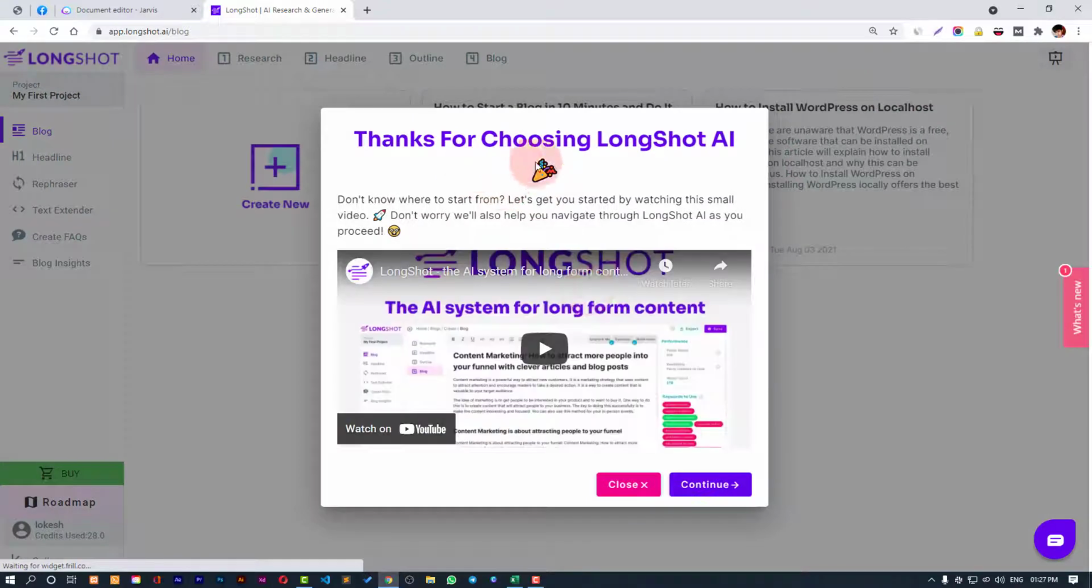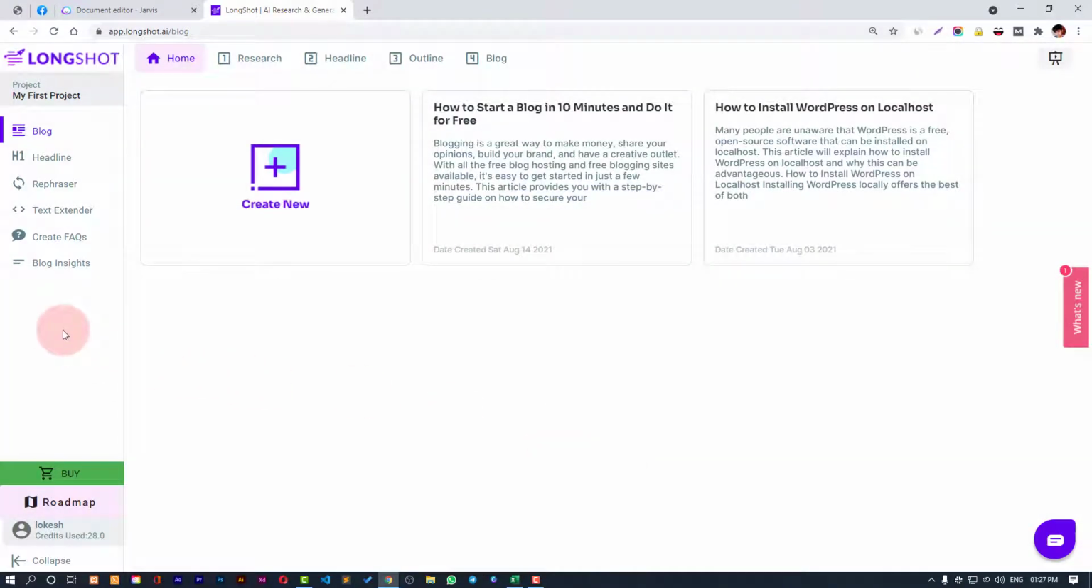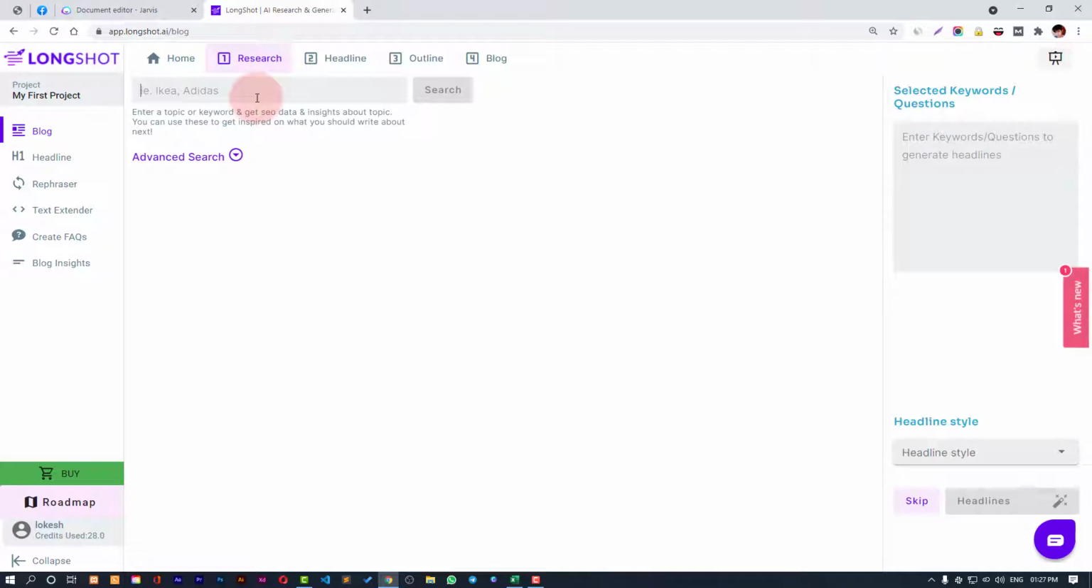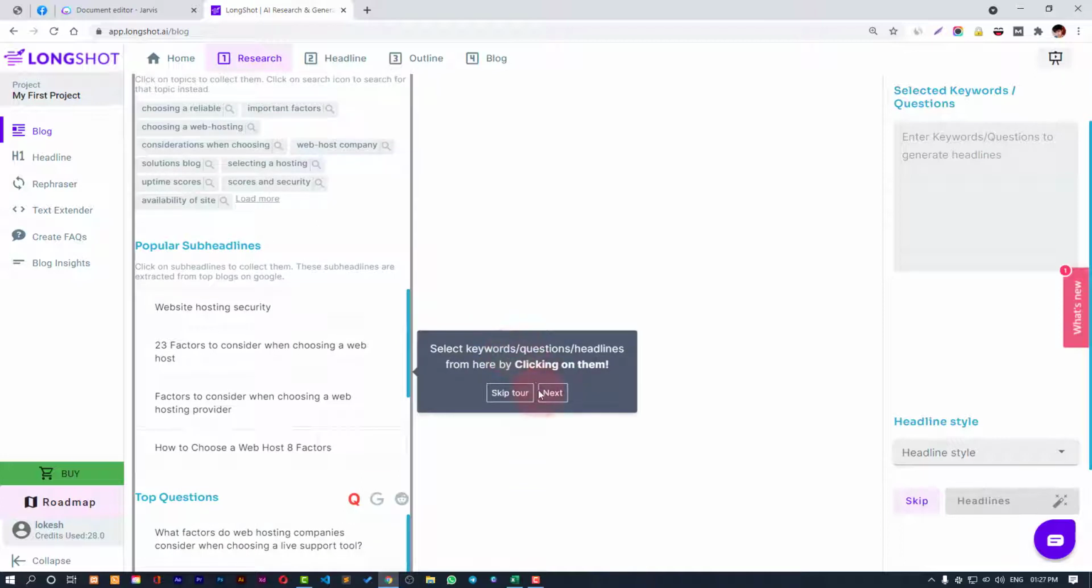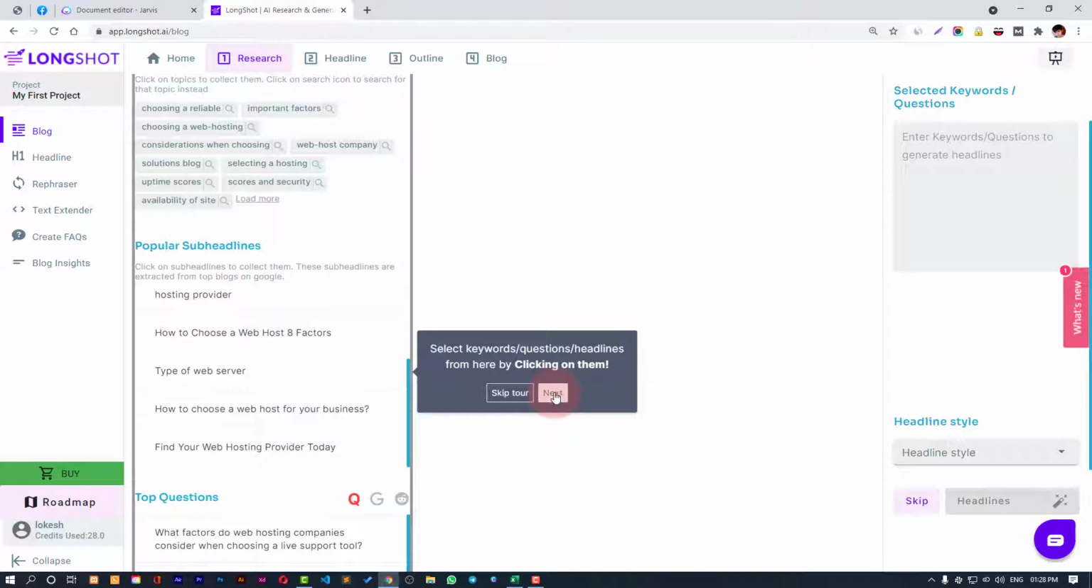Just for a recap, let me quickly show you that you can start off with blog content and research the keywords, then you can go to headlines, choose the headlines, outlines, and then you can head over to the blog and create the content, right? So let's start off with the research and paste our keyword that we have, and click on search. Okay, now we have some results over here, and it is showing us how we can go with this. It's like a tutorial. You can skip this tour,